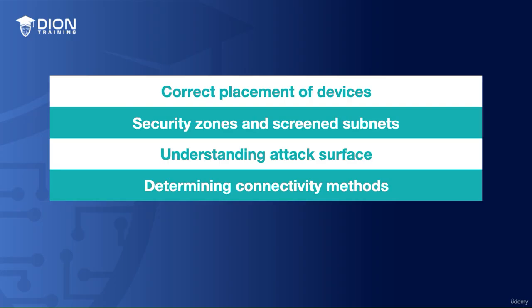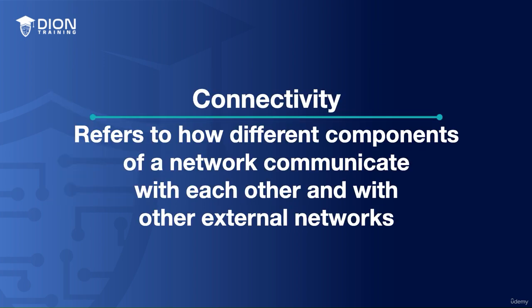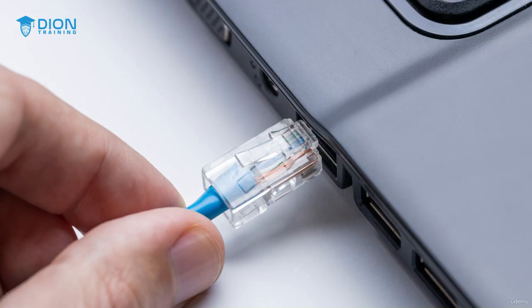Now, fourth, we need to consider the different connectivity methods that are going to be used for our network architecture. Connectivity refers to how different components of a network are going to communicate with each other and with our external networks. The connectivity method that you choose will really influence the performance, reliability, and security of your entire network or system. So, if you're going to use a traditional wired network connection, like Ethernet, this is going to provide you with higher levels of stability and much faster speeds,